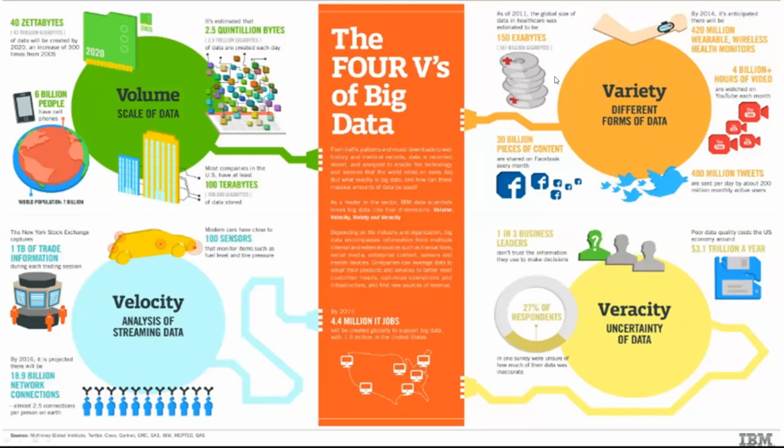And variety means not only numbers but also video, images, and text in combination. Not only one form of data, multiple forms are there. Normally we call that big data. And velocity means how the data is coming. Sometimes in the morning you get a lot of data, in the evening you get a lot of data, and in between you get less data. The sequence will not be uniform. It will change. And then there is the uncertainty of data: some data will be useful, some will not be so useful. If any one of these properties or a combination of them is there, then we call it big data.